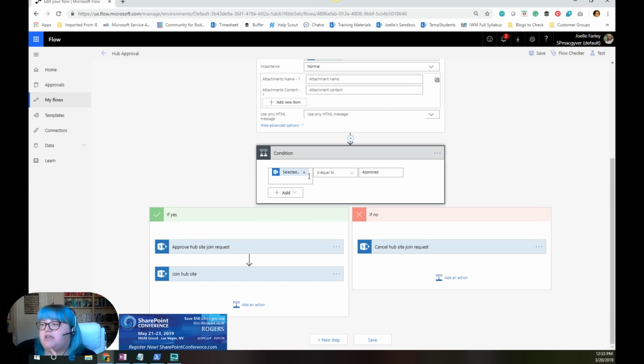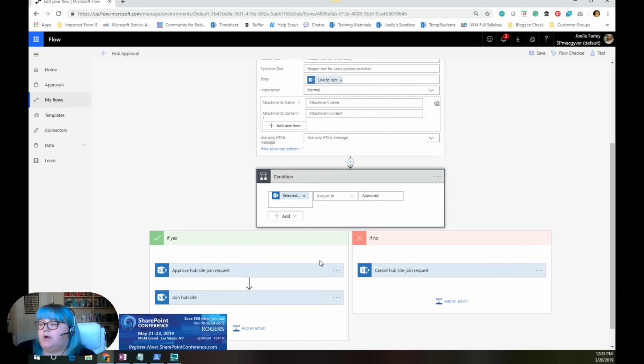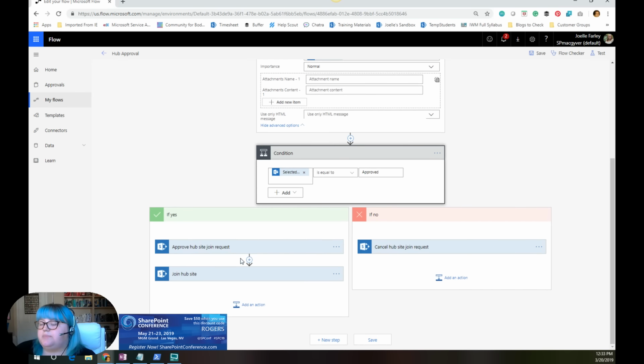And then if they don't approve, if they hit rejected, then it just cancels the hub site join request. I was messing with this for a while, because I kept getting a lot of access denied issues. So I was trying a couple of different things, trying to figure out exactly what it needed. I will tell you now that what I have found out is that the approve hub site join request